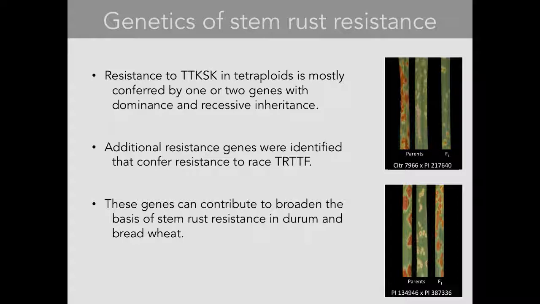Very interestingly, in many of these durum parents, when we evaluated against race TRTTF, we were able to identify additional stem rust resistance genes. In other words, some of these durum lines that have only one resistance gene effective against TTKSK proved to have two or up to three genes that were resistant against race TRTTF. And these genes can help broaden the basis of stem rust resistance, not only in durum, but also in